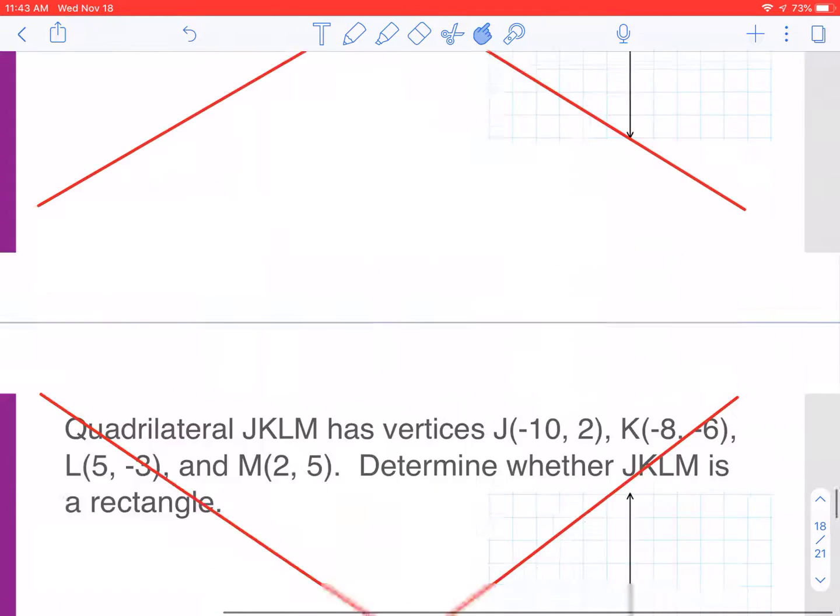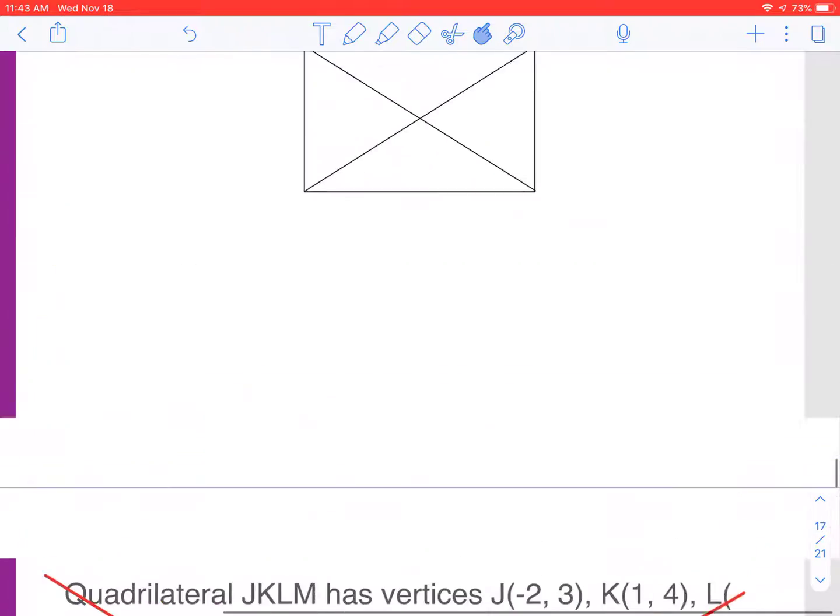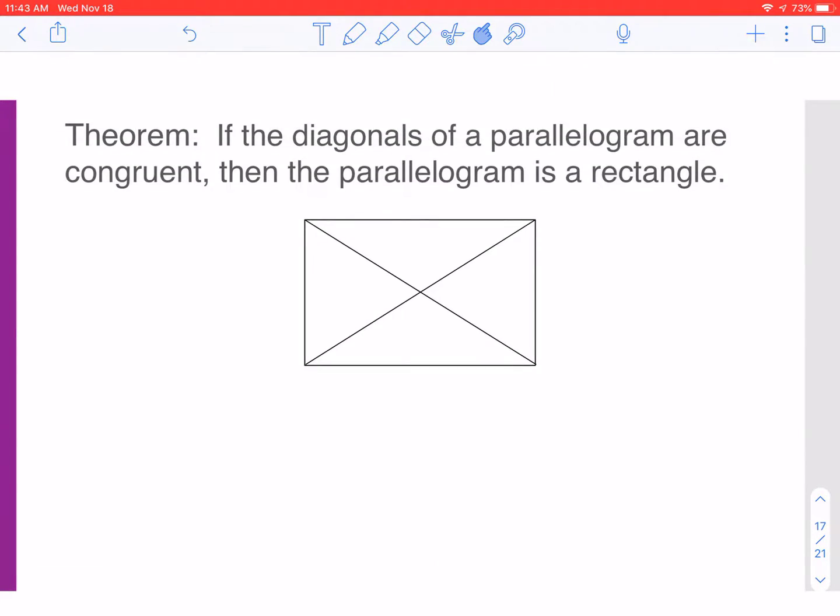And I believe the last thing we are going to do, if the diagonals are congruent, if we see a picture like this on a parallelogram and it showing that these are parallel, then